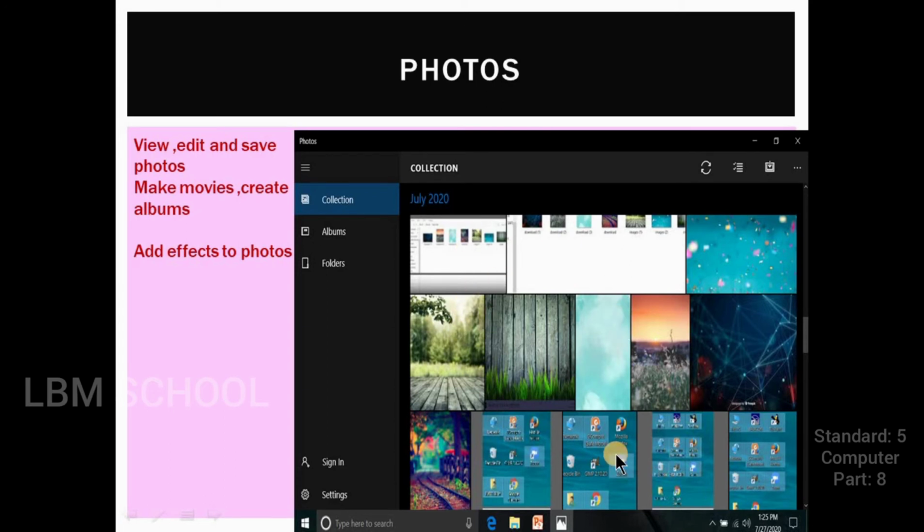Understood? Why is photos used? It lets the user view the photo, edit the photo and save the photo. You can also make movies. You can create any albums. You can add effect to your camera photos. You can add filters to your photos. There are also many other editing tools inside the photos. Okay, this application of photos is used for these all purposes. Okay, children. Next,